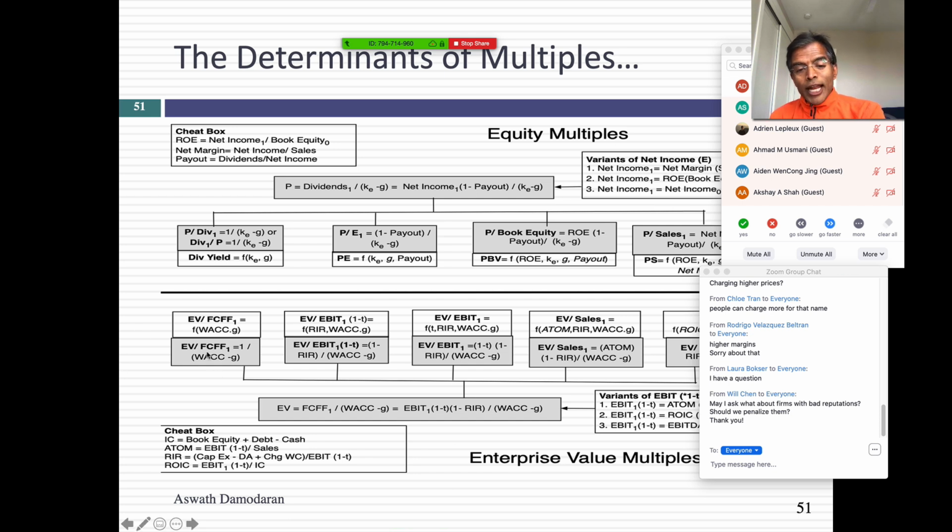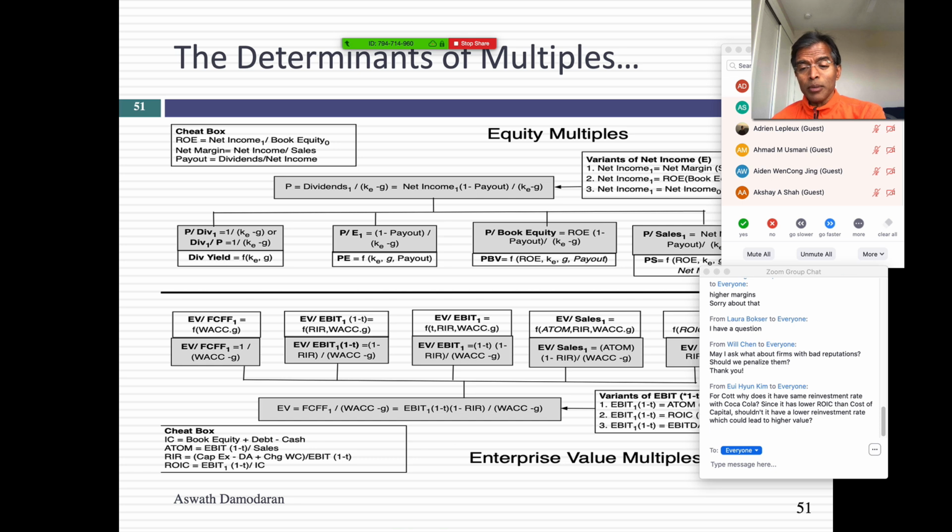If you're looking at an enterprise value multiple, and we looked at EV to sales and EV to EBITDA already, but you can look at other variants, again, I'm going to go back to a discounted cash flow model, but this time an enterprise value DCF model, and I'm going to come up with the drivers of this multiple. This is a key step in pricing. If you just think of pricing as lowest PE ratio, lowest price to book, you're going to be buying a lot of crappy companies that look cheap but deserve to be cheap.